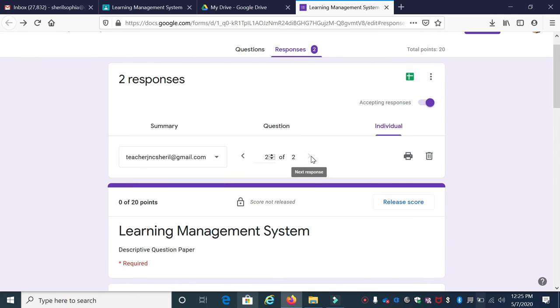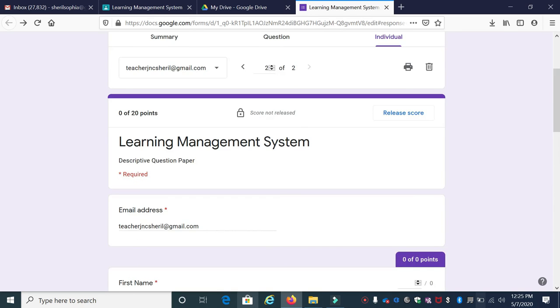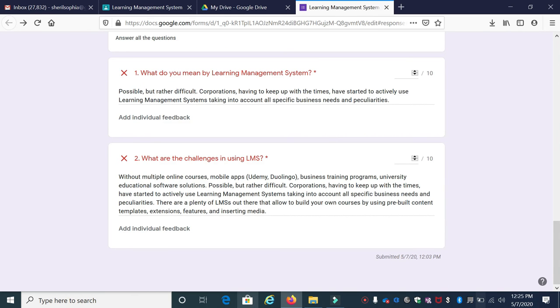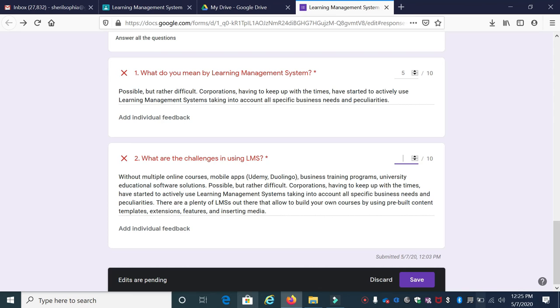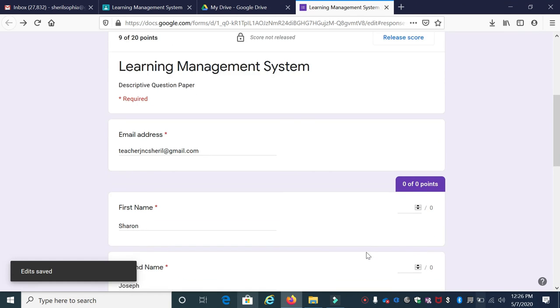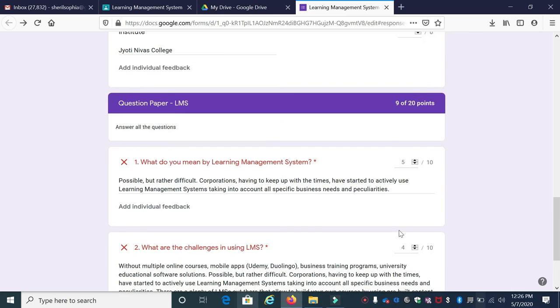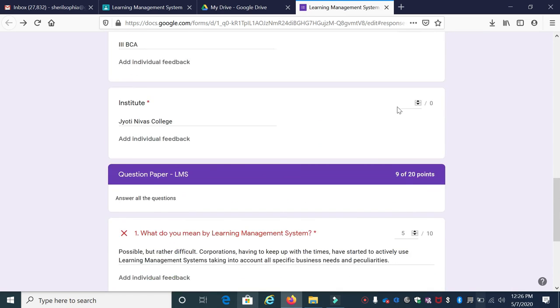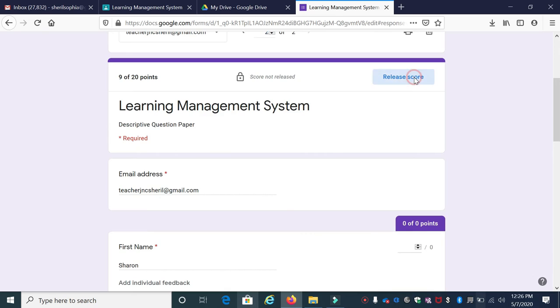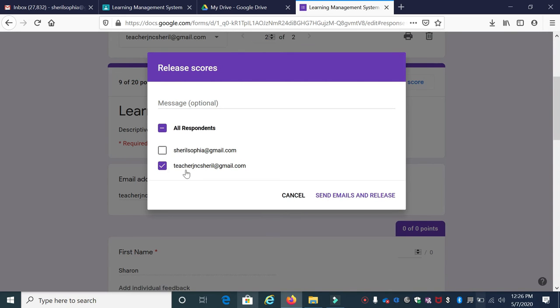If you want to go to the next answer sheet, either you can click this drop down button and then select the particular email ID, or click this arrow button. So now you can see the second answer sheet, the answer that the second student has entered. You can review it and enter the marks over here and then click save. Once you save, if you want the student to get to know the marks, then you have to click release score and recheck the email ID once again and give a small message and send emails